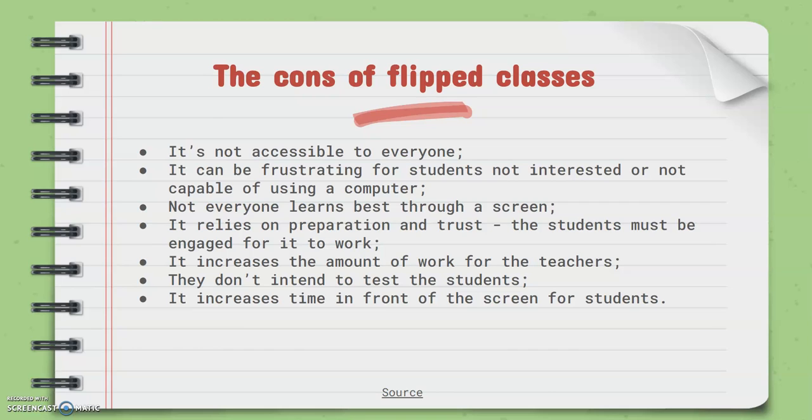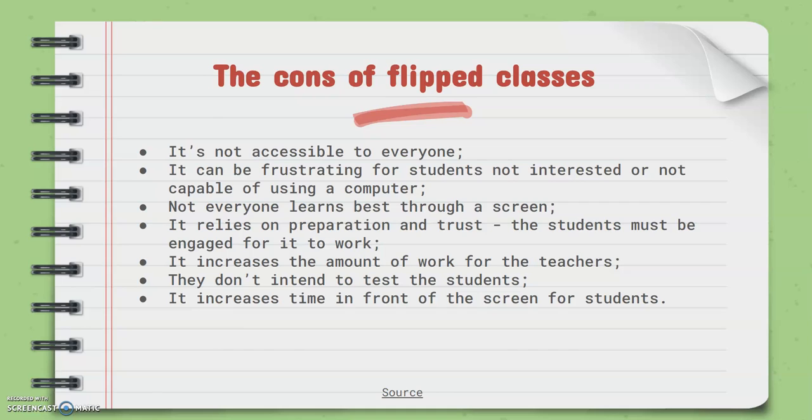This is something that happens a lot. Not everyone learns best through the screen. Everyone has to understand the way that they learn better. And for some people, dealing with books, dealing with physical writing on paper, it's a process that brings more understanding and brings more clarity to the content that you're learning. So yeah,